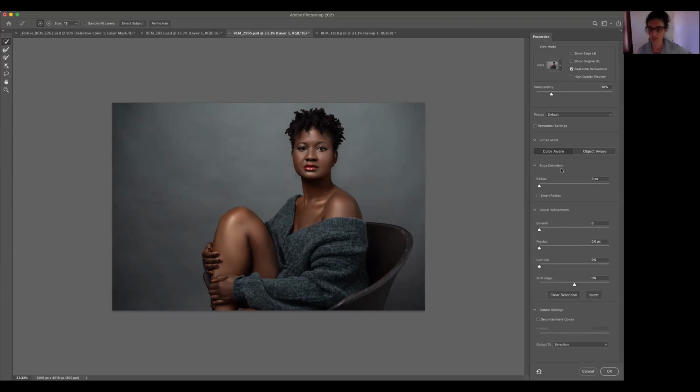Because I just upgraded to Photoshop 2021, and it kind of messed up some of my settings. But there's a way to make it so that you can see the mask color, which would usually be red. And I forgot how to do that. I'll have to figure it out. Anyway, so in this case, what we can do is just say output to